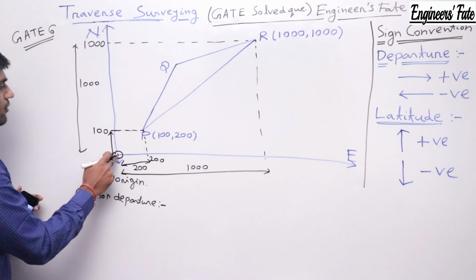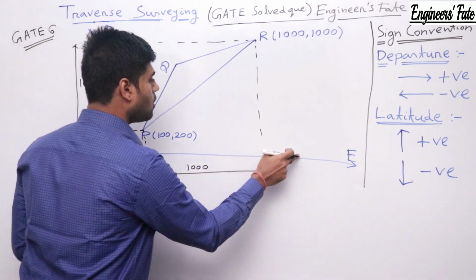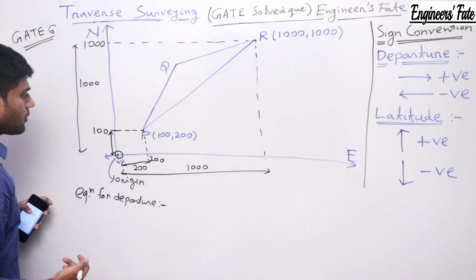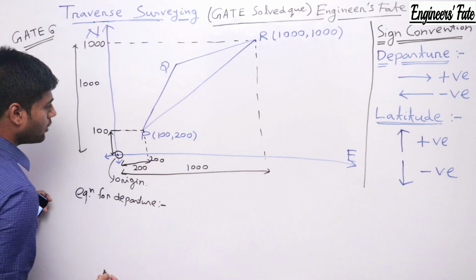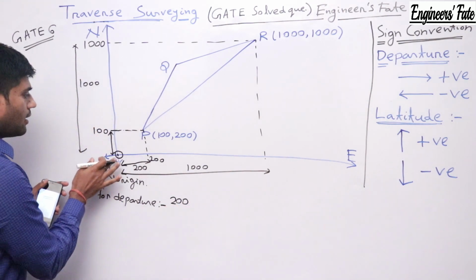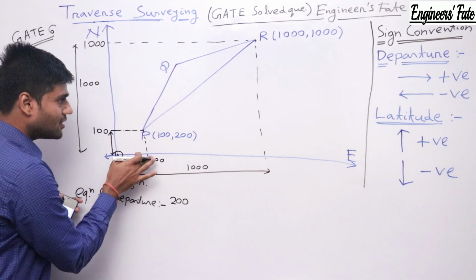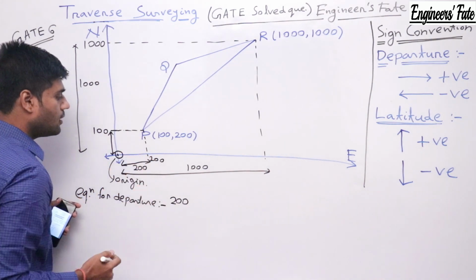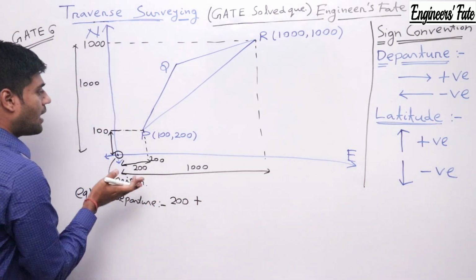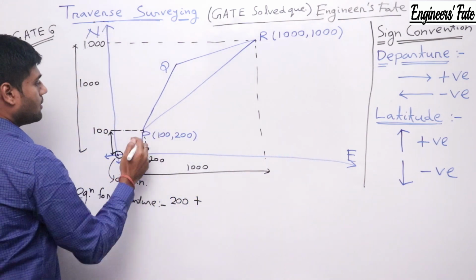See, I have started from the origin and I will move towards the origin, towards east. So I will be writing the equation. So the first value is 200. Okay, I have started from 0 and I have moved towards east and I have covered the distance 200. Then plus, I will be again moving towards east. So the next,